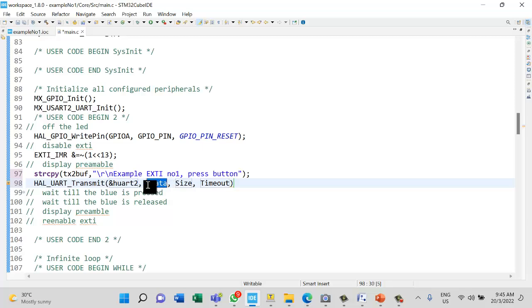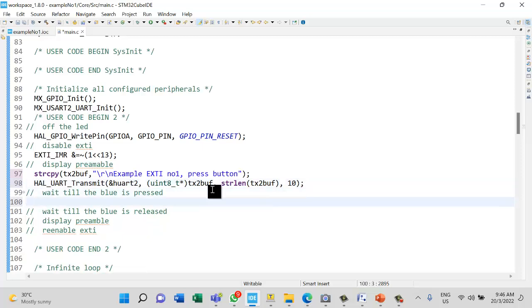So the data is uint8_t, the TX buffer. We use the string length, strlen of the buffer, and the timeout is 10. Okay, 10. Now we wait for the push button, while